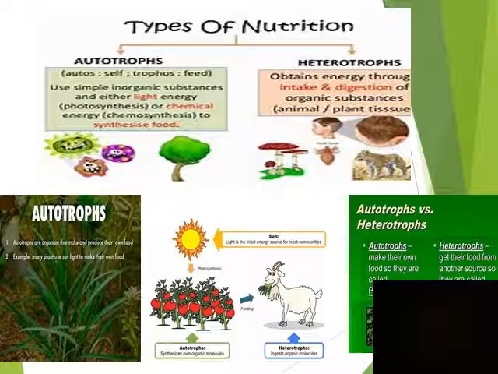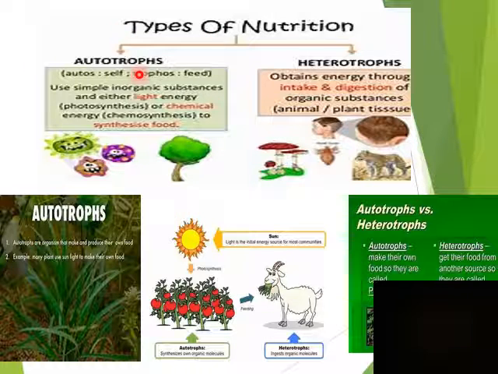Here in this figure, we are showing you the types of nutrition. If I asked you about the mode of nutrition or type of nutrition for a given plant, if I gave you a plant and showed you its conditions, or any given about this plant, and I asked you about the type of nutrition or the mode of nutrition of such a plant, you have to answer either if it is an autotroph or heterotroph. If the given plant is producing its own food, in other words, if it is doing photosynthesis, we